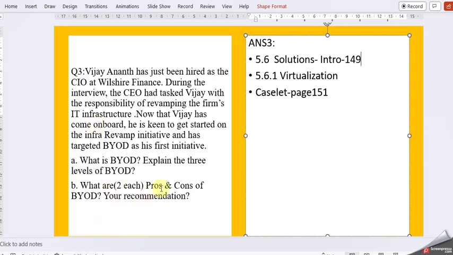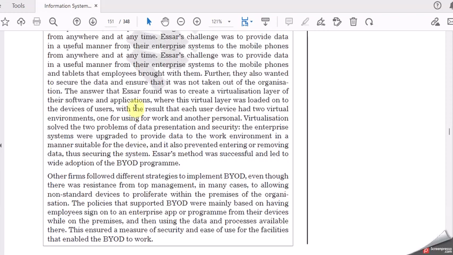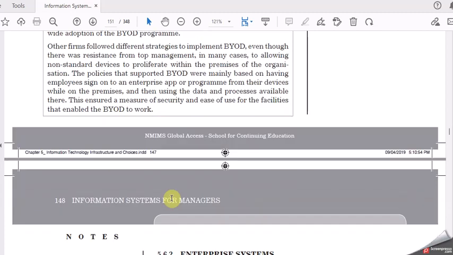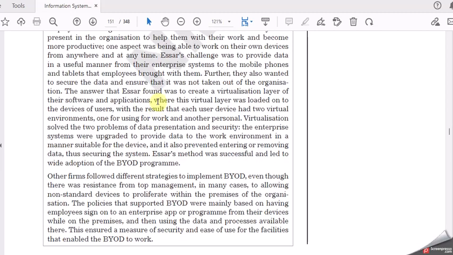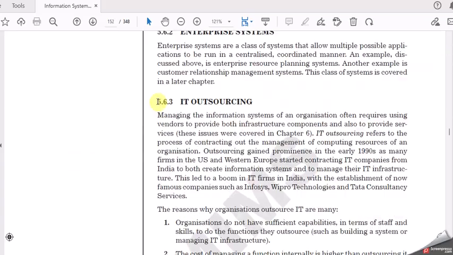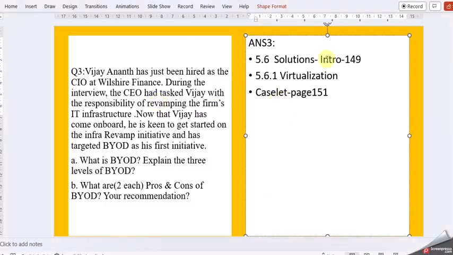What he is asking is: what are the pros and cons, and your recommendation. So do go ahead with this information. You will get a little more beyond that, a kind of thought process you have to put in to identify what the pros and what the cons are here. Put it in your own words. You can come up with your own recommendation, like do you really support this, or do you have a different thought process. That is your individual recommendation.